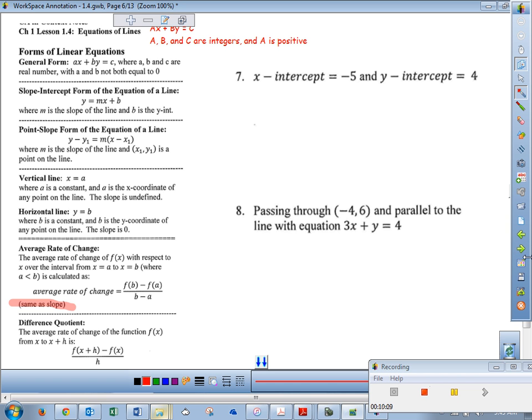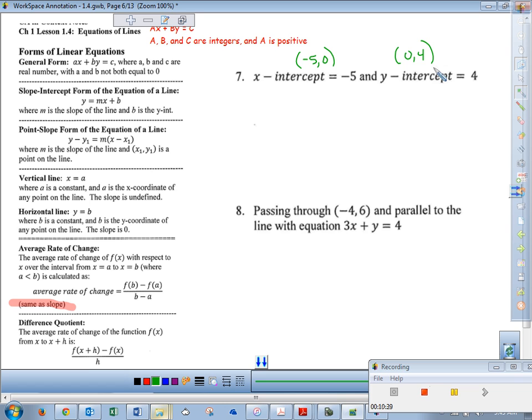This is where you want to do a little scratch work maybe, on MyMathLab, having that scratch paper. They give you an x-intercept and a y-intercept. So x-intercept, write it as an ordered pair. An x-intercept is when y is 0. So isn't that really the ordered pair -5, 0? Correct? And if the y-intercept is 4, that would be the ordered pair 0, 4, because that's when x is